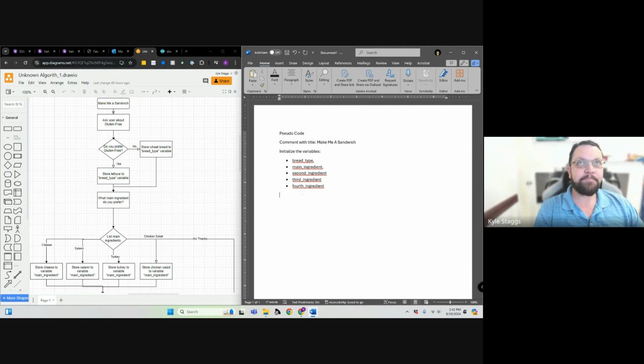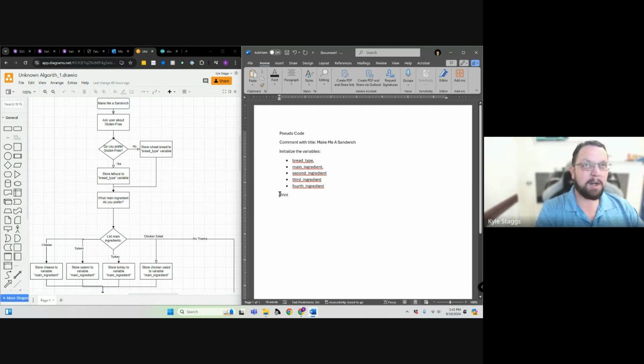All right. So the next step after we've initialized the variables is we need to print. We don't need to go to the level of pseudocode like saying, for instance, setup code or something like that. We don't quite have to go to that level, but we want to initialize the variables. Then the next step is going to be